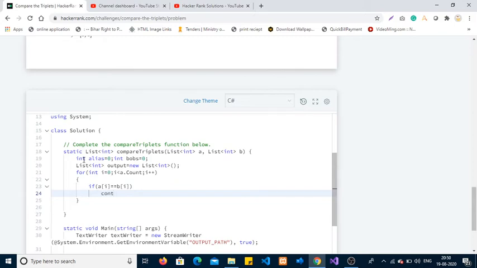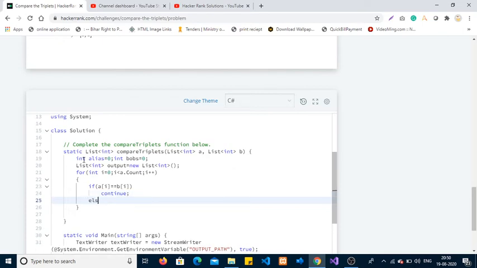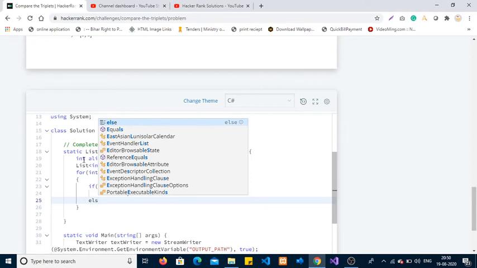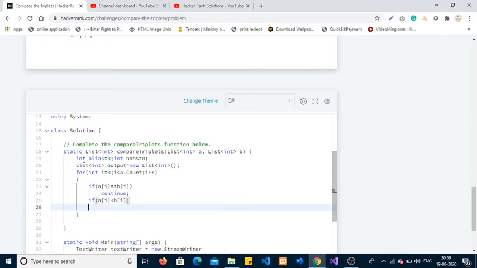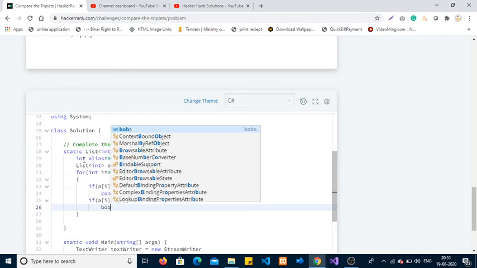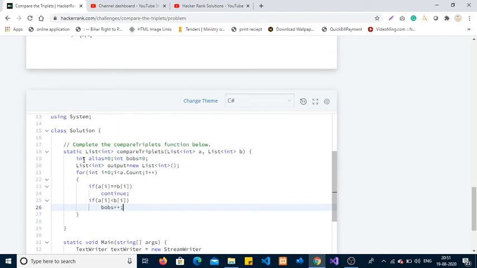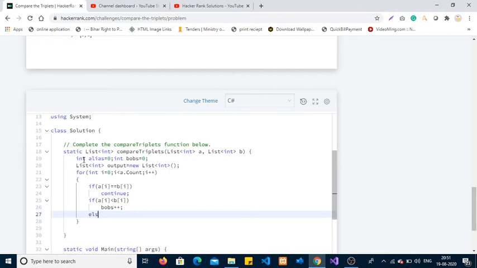So I'm continuing this if statement with an else if condition. Then again I'm checking if A of I is less than B of I, then Bob will be incremented by 1, else Alice incremented by 1.